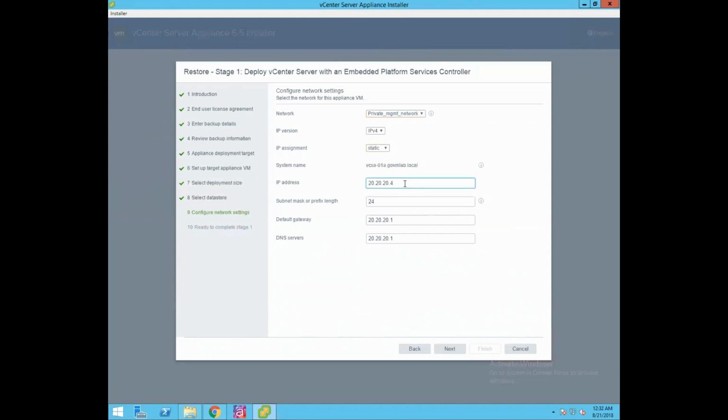IP was 20.20.20.4. Subnet mask was 24. Gateway was 20.20.20.1, and DNS server address was also 20.20.20.1. So this information got retrieved from our backed up data and got populated here. Click on next.